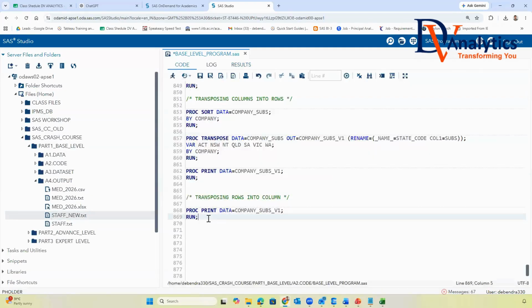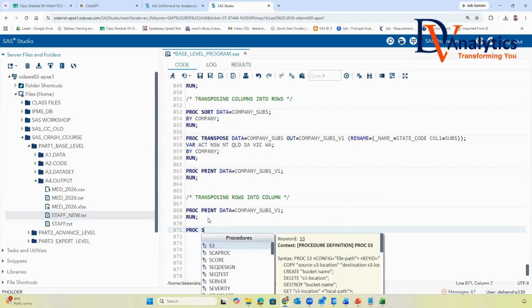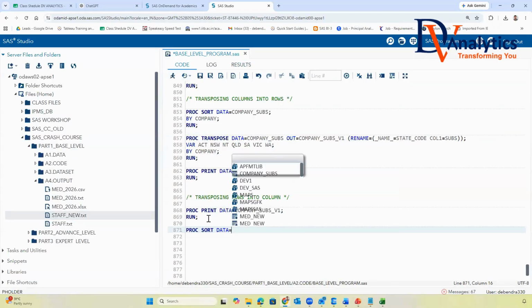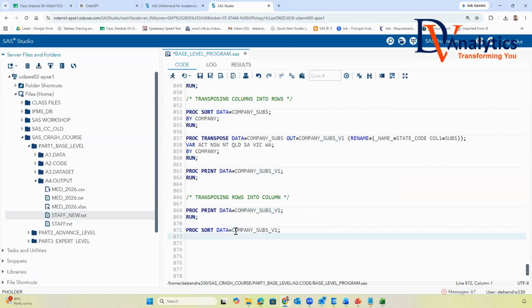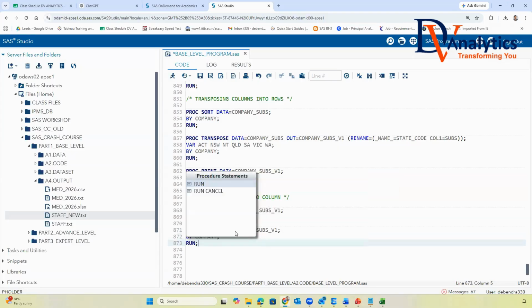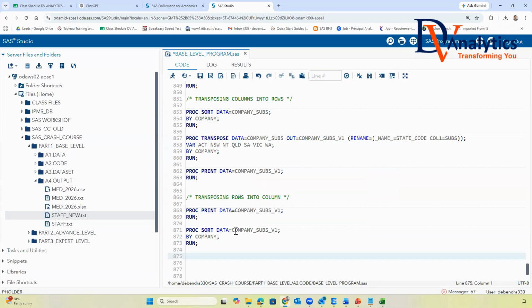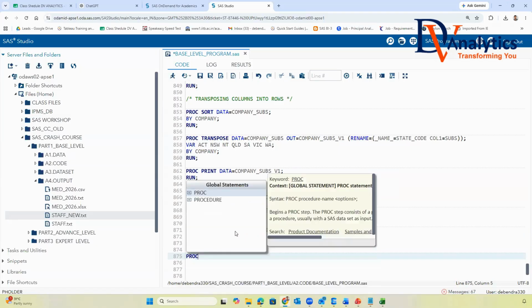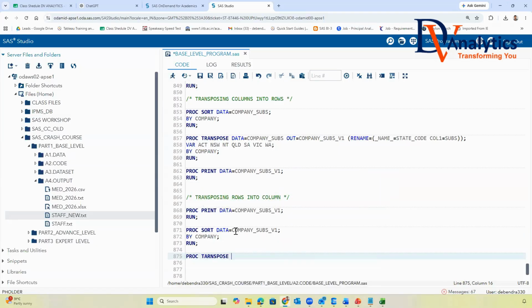How to do that? First of all, you will say proc sort data, dataset name is this. You transpose by company, so we will say by company. Then you write proc transpose data equal to company version 1 out equal to version 2.